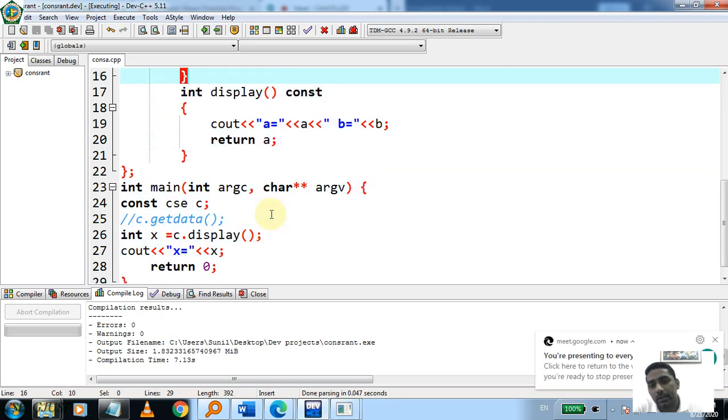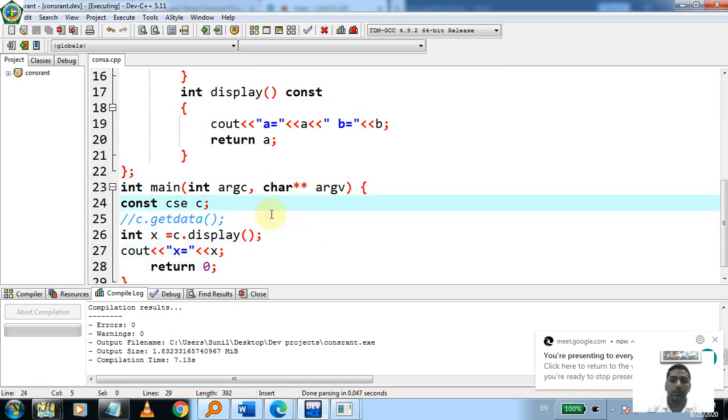Two points we have covered here: constant member function and constant object. The role of a constant object is most important when you are passing any object as a parameter to a function call. The program may be related to your network, meaning you are sending data from one system to another using a parameter. So your object is able to handle that data as a constant value that cannot be modified during transmission or during the calling of any function.